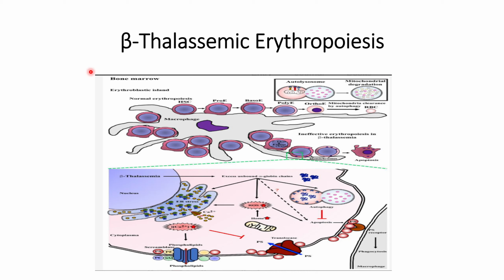In this video, we will discuss beta thalassemia erythropoiesis. This disease arises because of a genetic mutation in the beta globin chain. It is usually inherited from the parents. Since the beta globin chains are not functional, an imbalance occurs between alpha globin and beta globin, and this might lead to excess alpha globin within the cells, and that will create problems